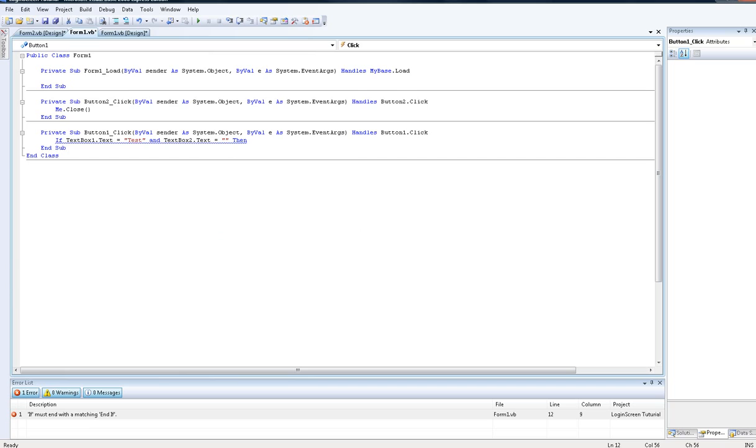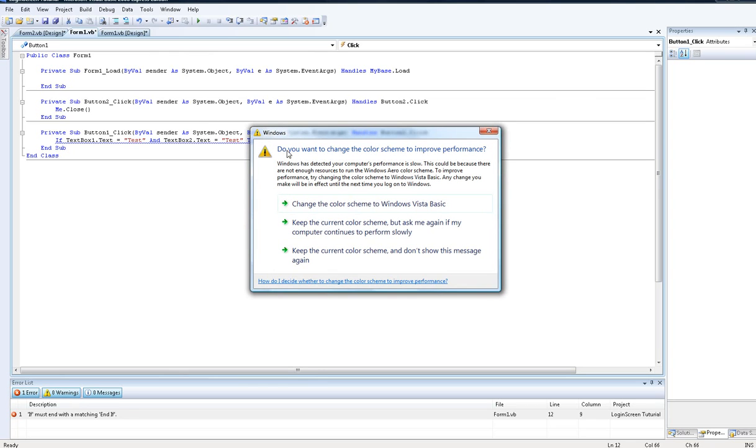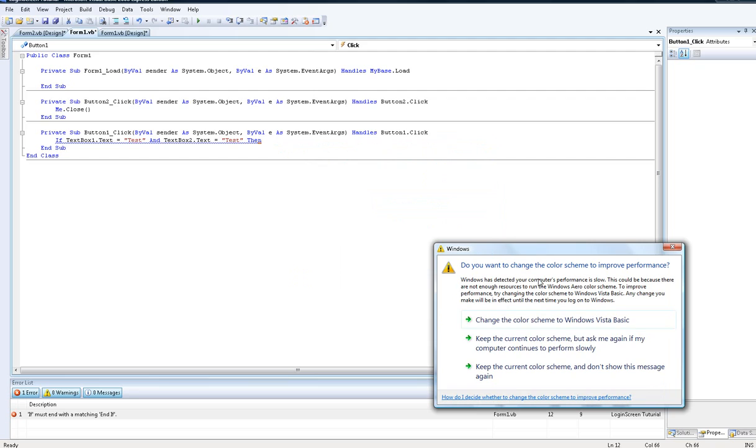What should I put for my password? Test again, case sensitive, and then I am gonna put, no, not really,